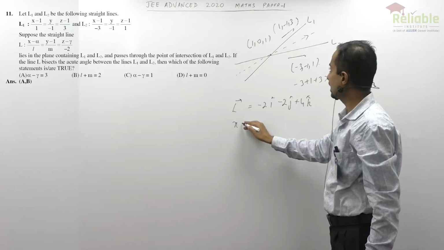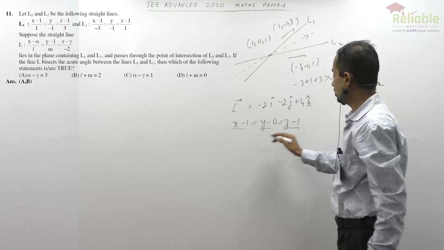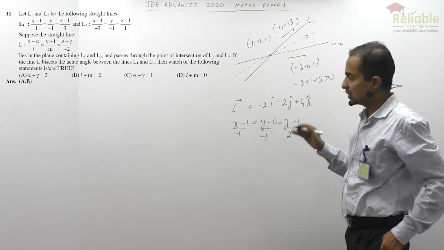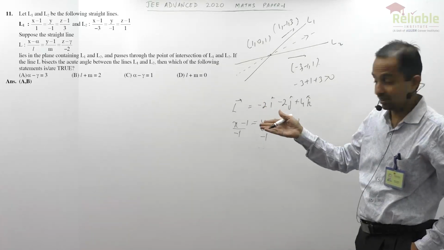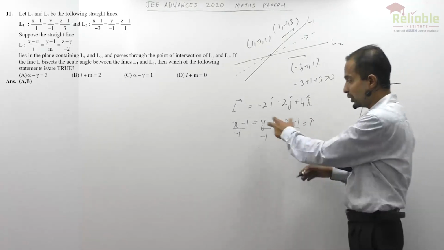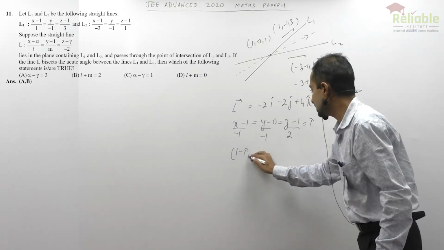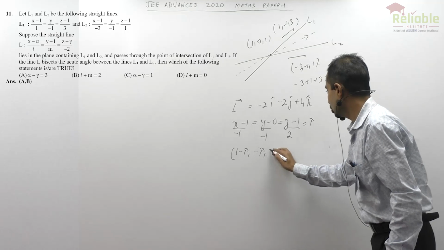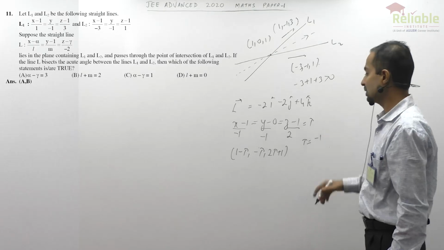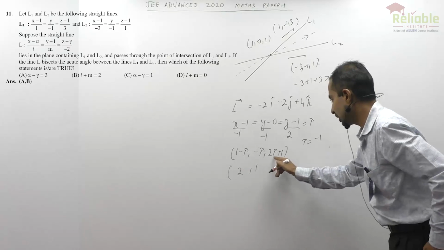Hence, the equation of angle bisector would be this, right? Upon -1, and 2. Now, since we want to compare with line L which is given, here it is y -1. So, we need to get a point in which the y coordinate is 1. So, what is the general point here? 1 minus lambda, 2 lambda plus 1, right? So minus lambda is equal to 1, hence put lambda is equal to minus 1. If you were to put lambda is equal to minus 1, you get 2, minus 1,